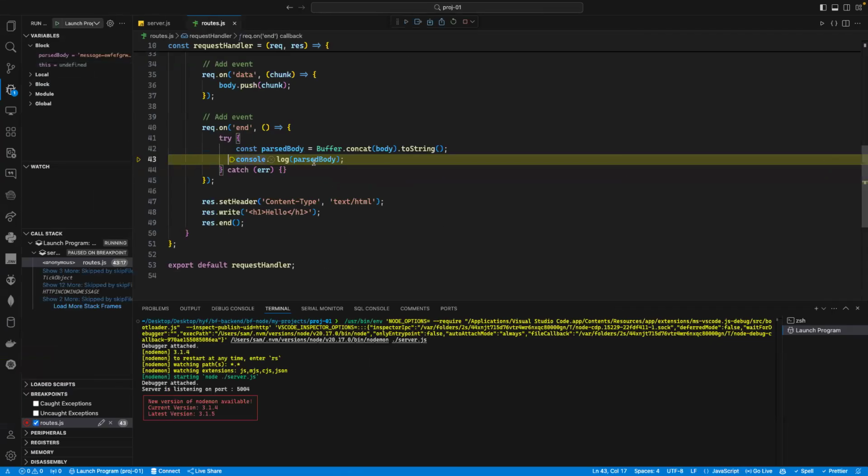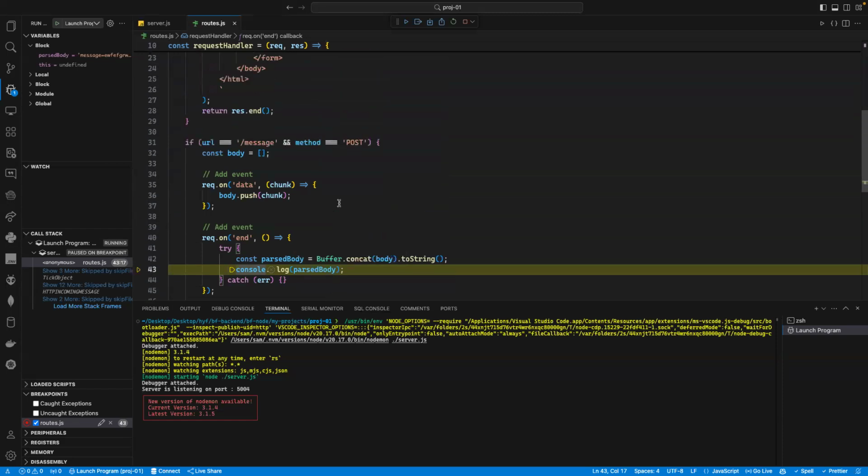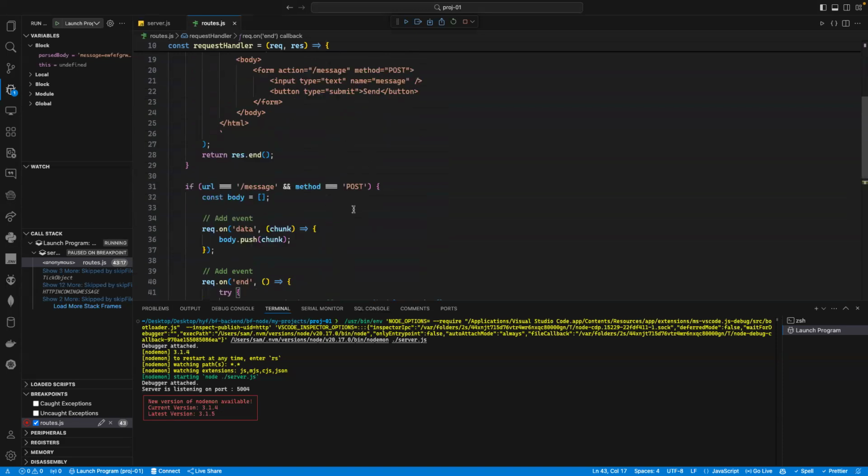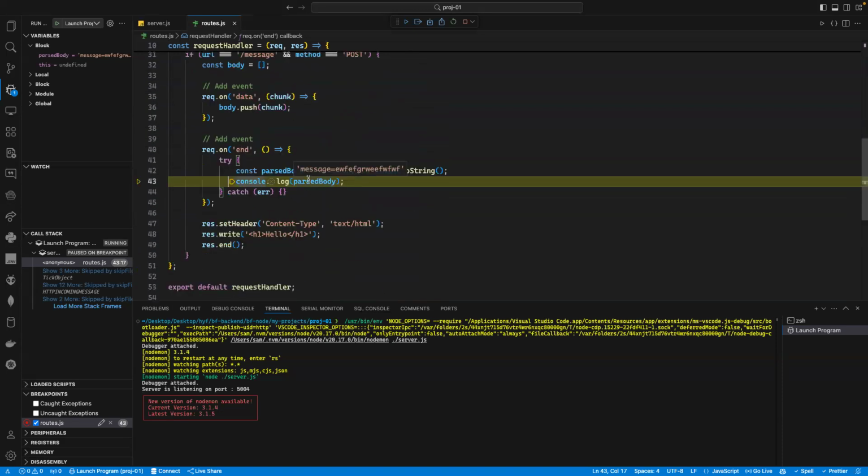Okay, now it should be fine. Parse body. And as you can see, I have the parse body. Voila. So the parse body here, it's a message. Why is it message? Because simply in my form here, I name this one message. So it's telling me, as you can see, in my parse body, I have the message equal to